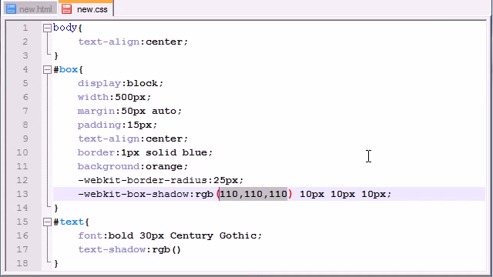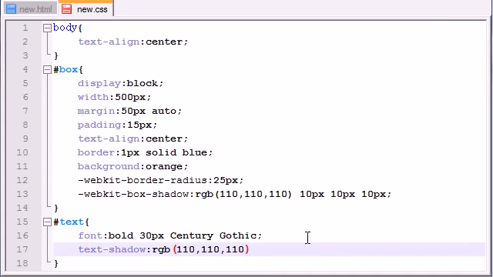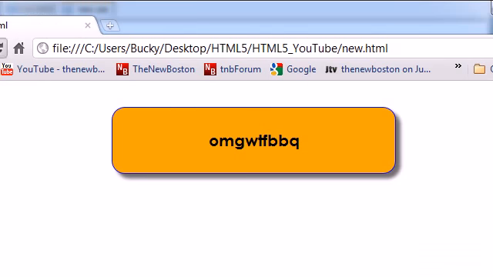In fact, I'm way too lazy to type this, so I'm just going to go ahead and paste that right there. And actually, for my spread, I probably don't want to use 10 10 10 because that's a lot for some text. So just use something like 3 pixels, 3 pixels, and give it a blur of 5. Now, whenever we do this and save it and refresh, we can see that we got a nice shadow on